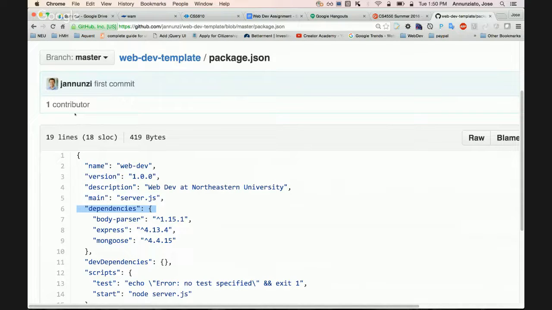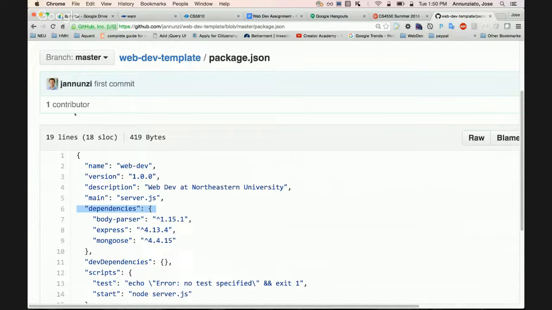So to install it, because I needed those libraries, at the command line, I use npm. Remember we talked about npm yesterday. npm is Node's package manager. It allows you to very easily install new libraries that you need in your Node server.